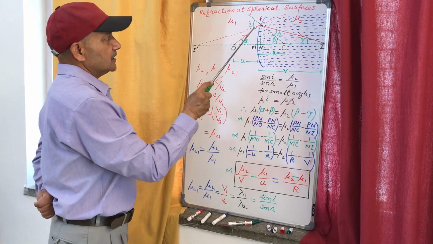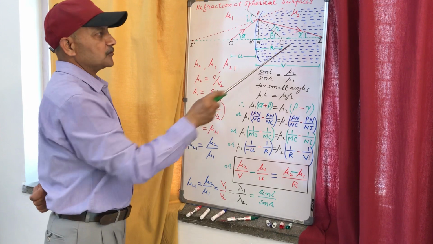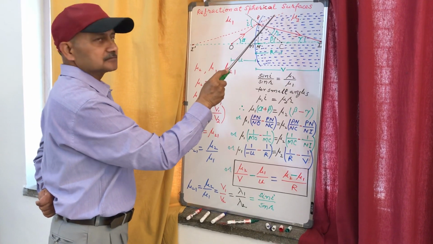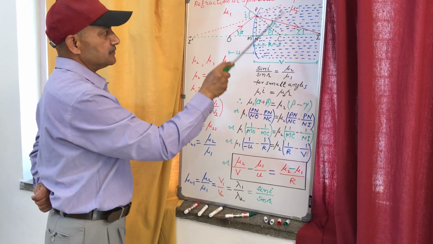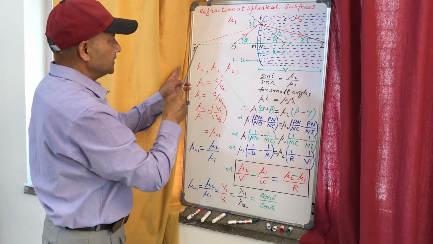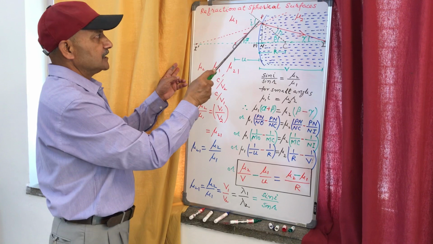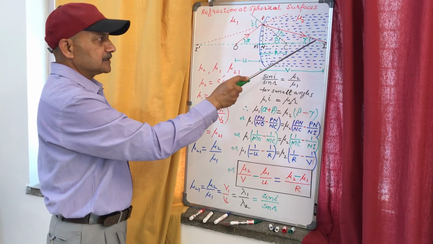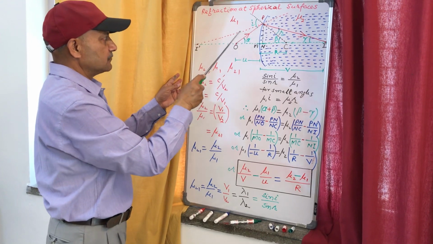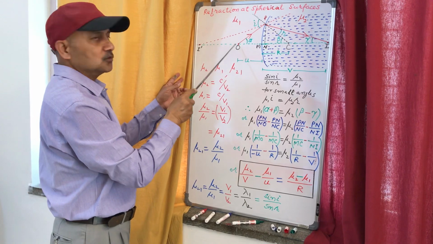Now, suppose the ray does not bend to meet at a point on the principal axis. So it may bend like this. If it bends like this, it will never meet the principal axis here. On extending it backward, it will meet here at point I dash. So in that case, when it does not bend sufficiently to meet at I, on projecting it in the backward direction, it will meet at I dash. Now this will be called the image of O.